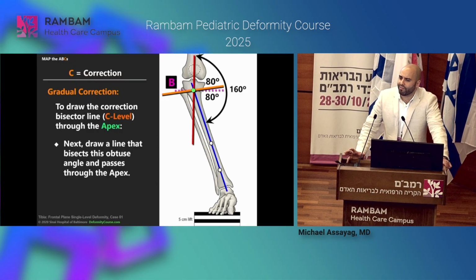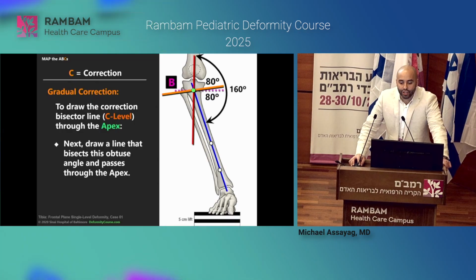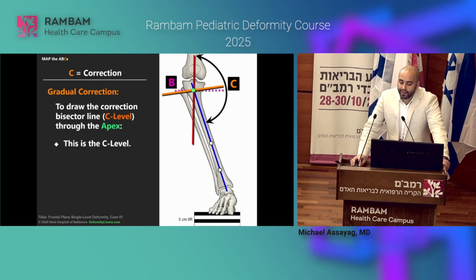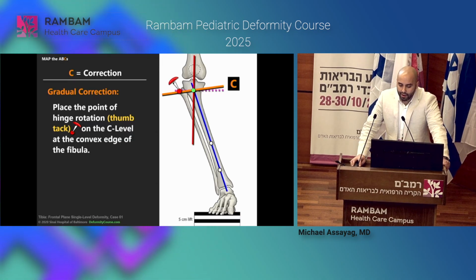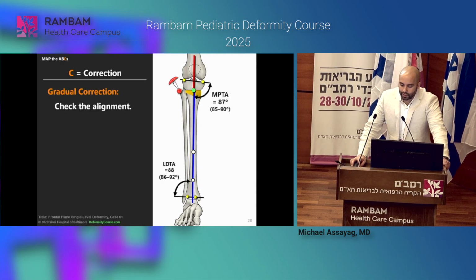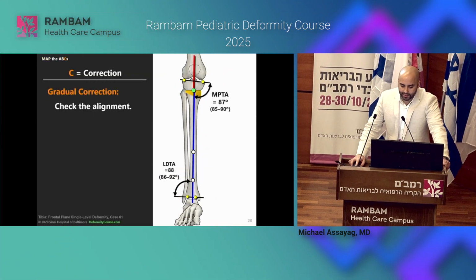But this is 2025, right? So nobody uses classic Ilizarov anymore, or almost no one. So if you use a hexapod, you know that the software will apply the hinge, the vertical hinge, on that line. If you do an acute correction, then you have to either put the hinge on that line as well, or you have to take into account that if you cut the bone away from that line, you have to input obligatory translation. So in this case, we cut on it, we hinge on it, we do an open wedge, and this is what it looks like at the end of correction. It creates a normal MPT of 87 degrees. This is anatomically feasible, and this is it.